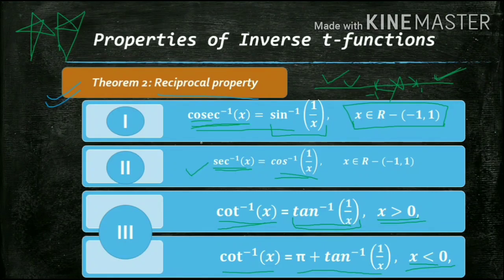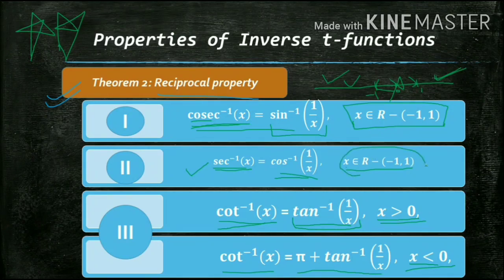Not cot inverse, suppose I have to find the value of sec inverse of 0, what will you write? Now you need to check. 0 belongs to this middle part, and you can't take the values in here. So this equality holds only for less than and for greater than. For 0, these are not equal. So you will not say that sec inverse of 0 equals cos inverse of 1 by 0. No, you will not say that.